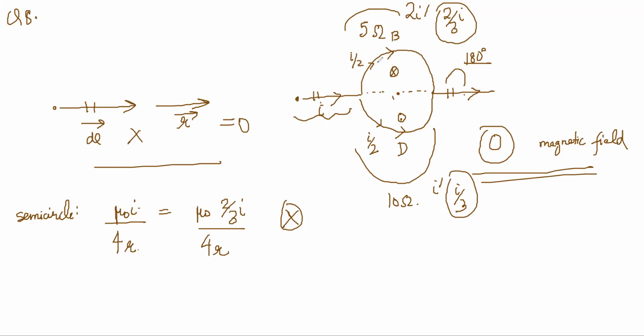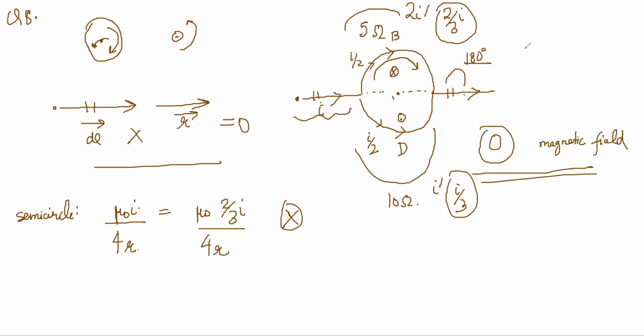This is due to the top part. How is the top part going inside? Curl your fingers like this, right? Your thumb is going inside, no? Get used to this because this is going to be super handy. Whenever there is a circular field, if you curl your fingers along the current, and the field is going inside, the thumb is going inside. If it was like this, then the thumb comes out. So that is the direction of the field. That is the right hand rule. Always it's a right hand rule.